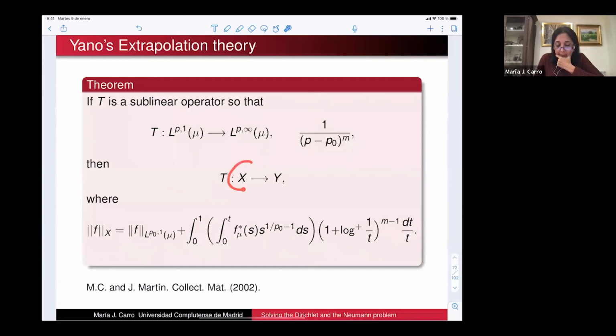This space X is not just the condition that the function is in L^{p0,1}. So remember that, well, if you don't remember, I'm going to tell you in a moment. The norm of a function in L^{p0,1} is exactly this quantity when we put here an infinity, okay? So this is the norm in L^{p0,1}. But for this quantity to be finite is not enough; we need some extra condition, and it is that when t goes to 0, this thing has to go to 0 at a speed sufficiently fast in order to have integrability with respect to that not so good function, right? So this is the condition that we need to impose